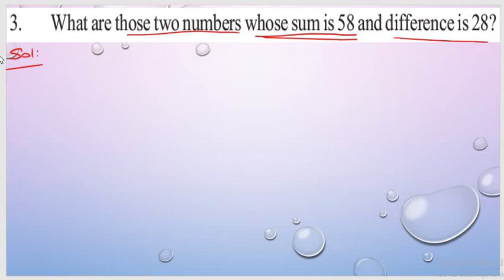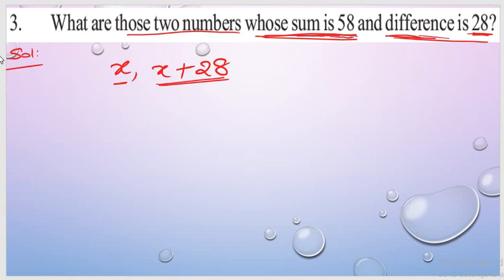So what I am going to consider is, let the numbers be x and x plus 28. So always I am going to consider plus only, so that I may not get confused, right? So if I consider one number as x, automatically the other number will be x plus 28. If you take the difference of these two, obviously you are going to get 28 as the difference. Okay, now this is the consideration which I have taken from this difference.